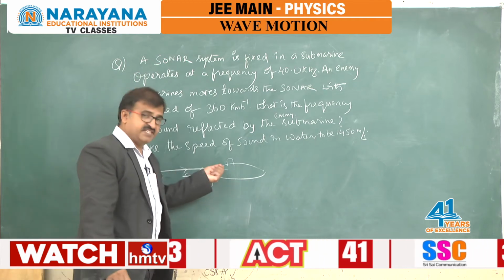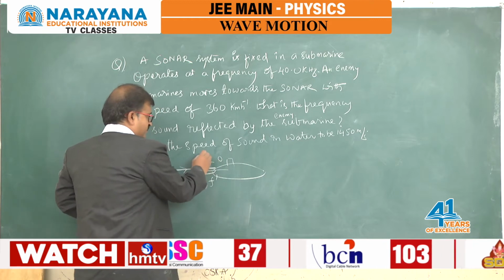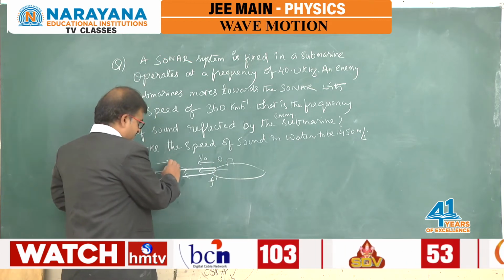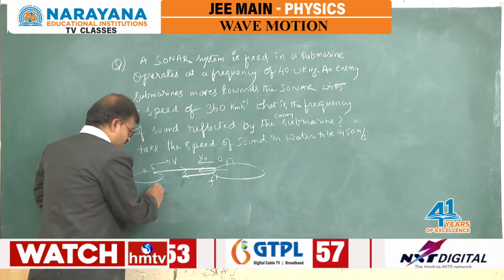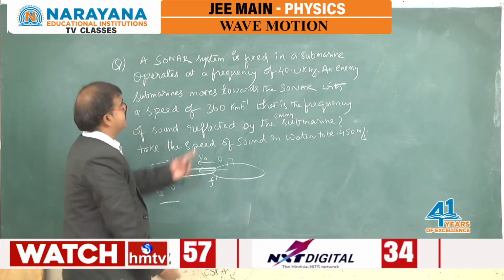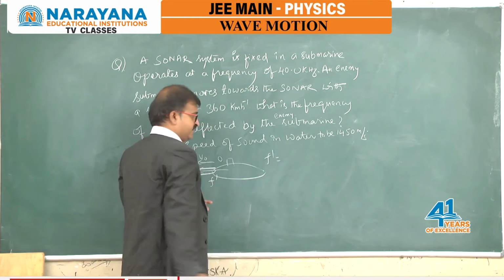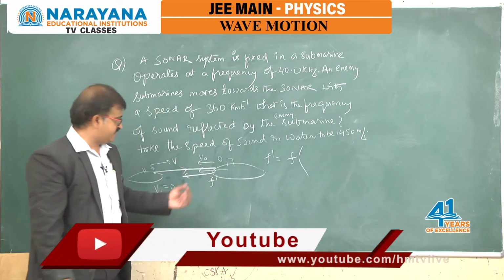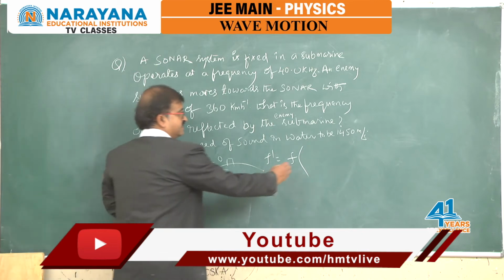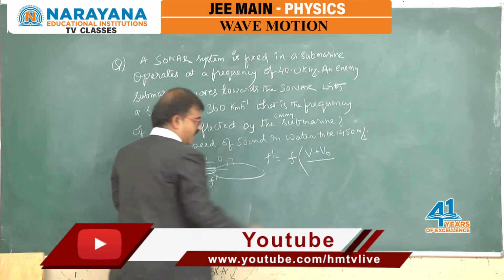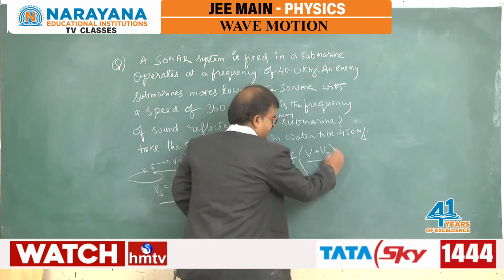Whatever it is receiving, the same frequency will be reflected back, as this is the observer, which is moving with V0. This is the velocity of sound, which is traveling with velocity V, whereas the source Vs is at rest, as it is given as fixed. So in this case f dash will be equal to f times the relative velocity of V and V0, as they are in the opposite sense. You can say it is V plus V0 upon V, with the source relative velocity being V itself.